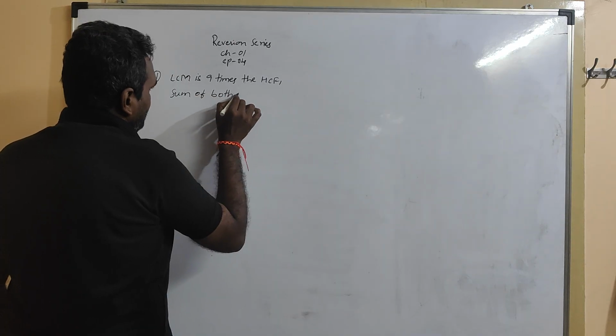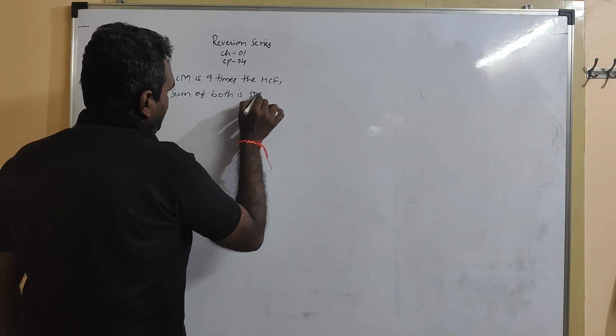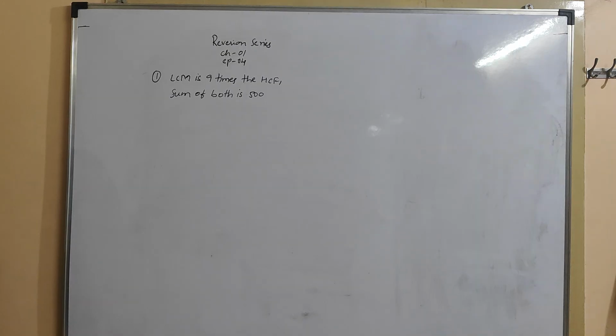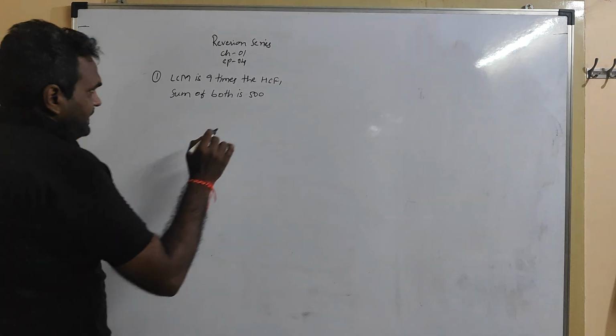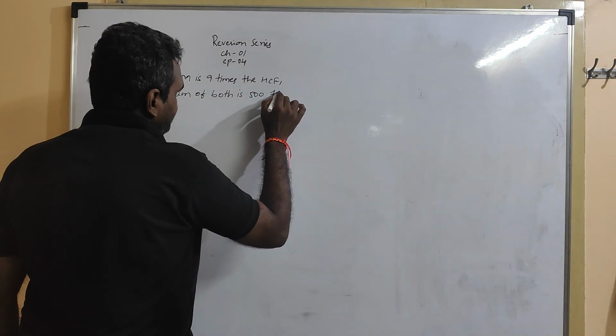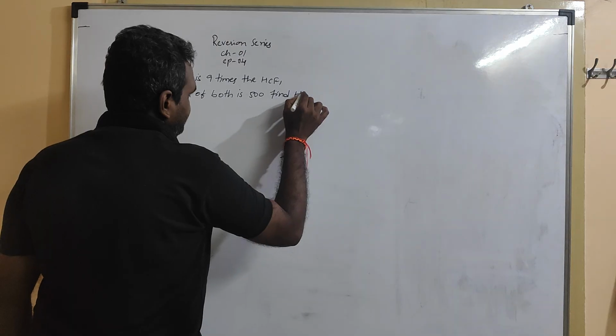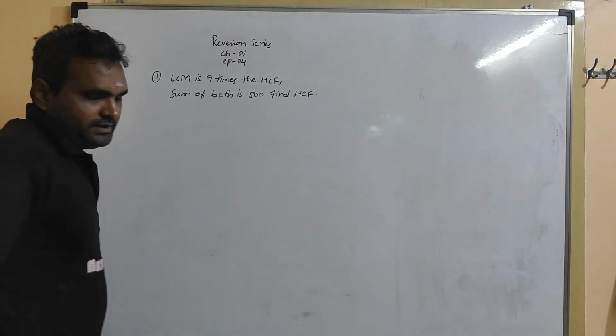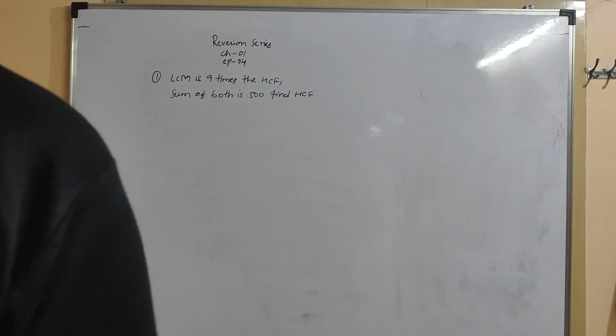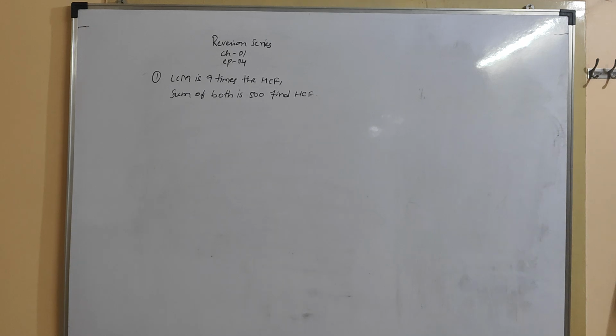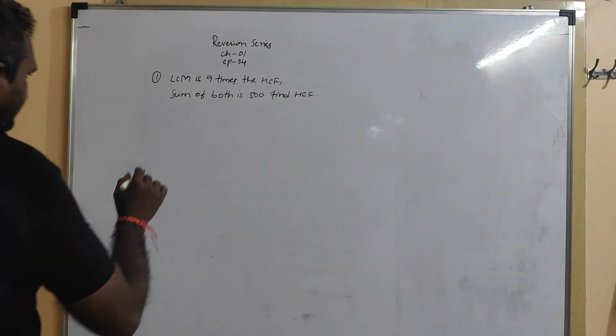This is the question given. Please read the question once. LCM is 9 times the HCF. Sum of both is 500. Find HCF. See, this kind of problems how to do is